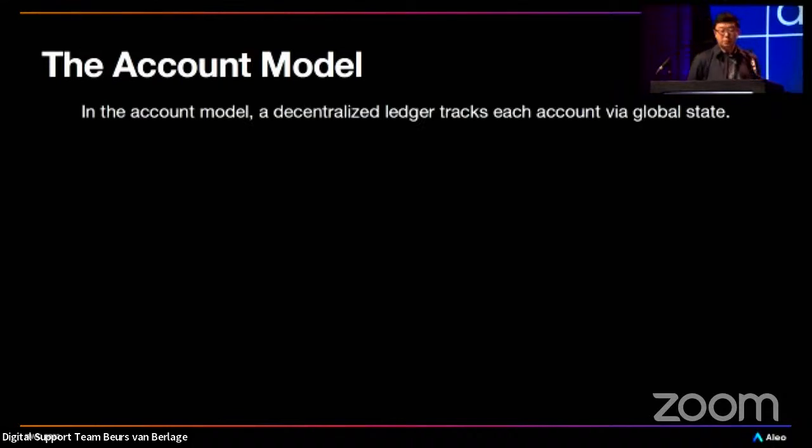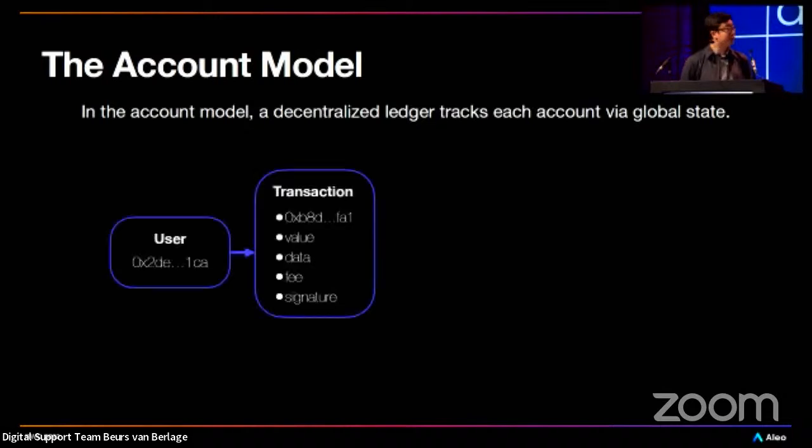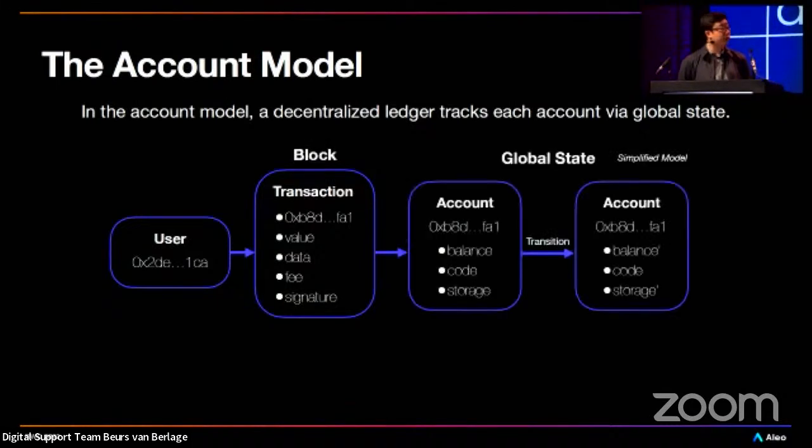So in the account model, a shared global state is typically managed by a decentralized ledger. And to perform a state transition, users sign a transaction, producing a request to execute a program with the given input fields. Now, once the transaction has been verified and confirmed into the next block by the ledger, the account updates its internal state, and it transitions from the previous state to the next state of the program. The intuition here is that users invoke programs with inputs via transactions, and ledgers update their internal state based on the outcomes of those executions.